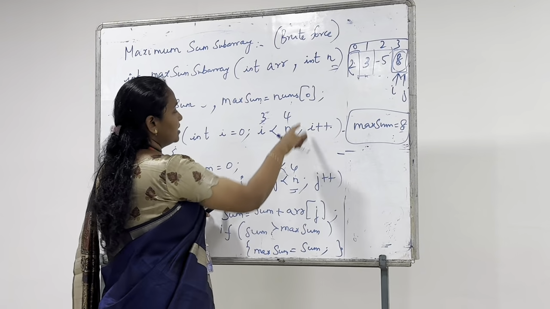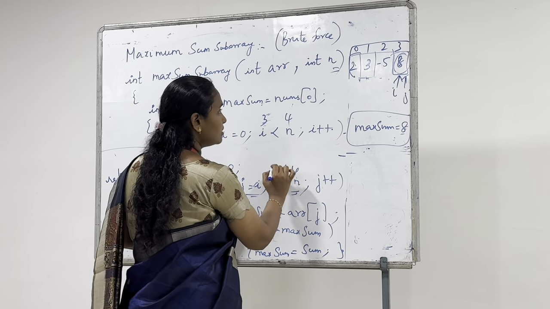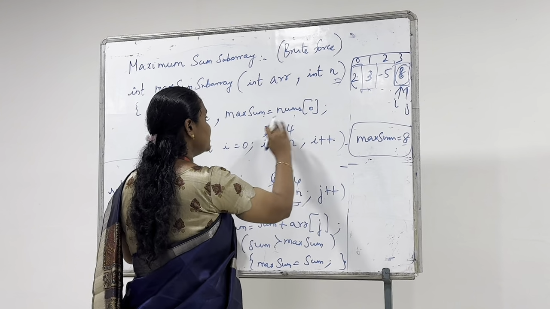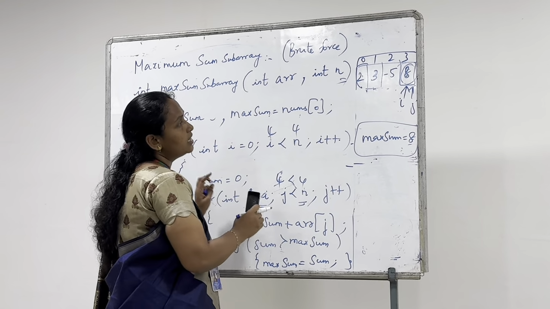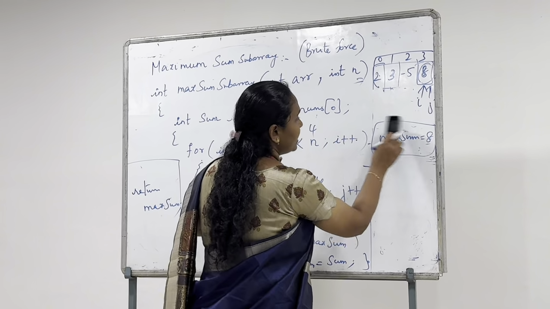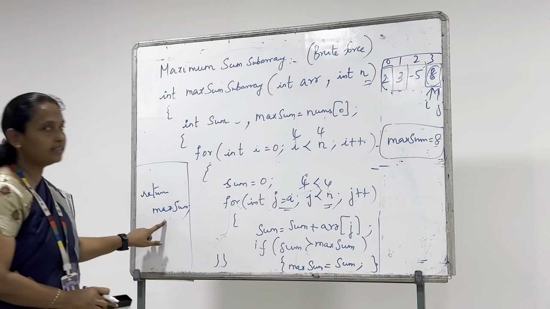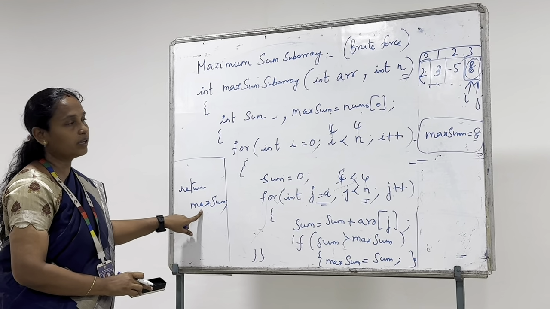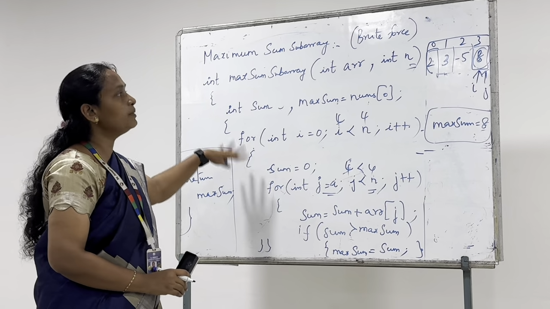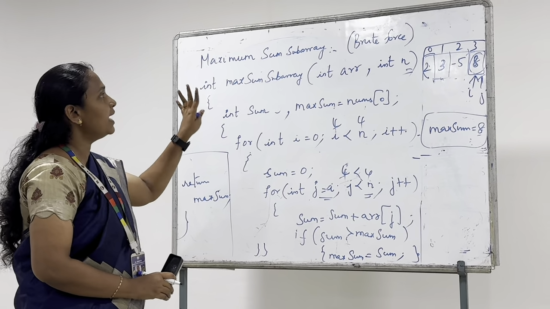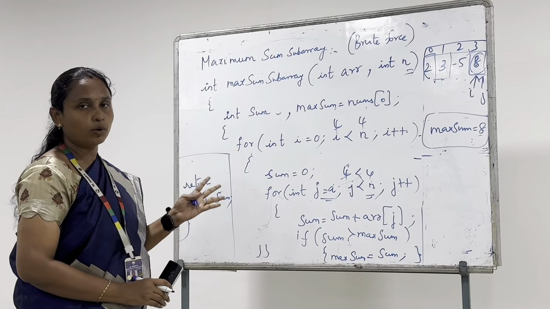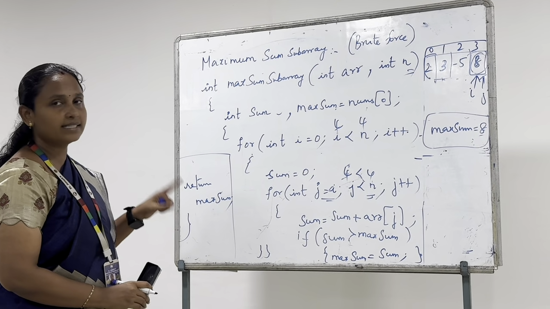So after that, j gets incremented, 4 less than 4 condition false, and then i gets incremented, 4 less than 4 condition false. So the iteration is over, and finally the maximum sum is returned here. Okay, this is the simple function to compute the maximum sum subarray, and this is a brute force technique or naive approach of solving the maximum sum subarray problem. And there is another approach of solving the same problem,